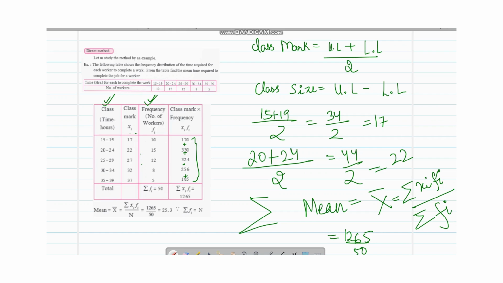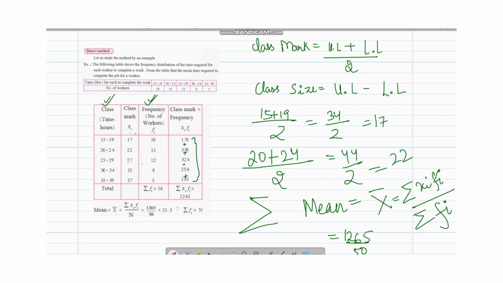Marks आपके तभी कट होंगे जब आप calculation mistakes करते हैं. ठीक है, आपने table गलत लिख दी, 8 2 16 है उसकी जगह 19 लिख दिया, 18 लिख दिया, then you will cut your marks only. So you will find mean by using direct method like this. Okay, direct method use होता है जब आपको direct calculations करनी है इसमें.